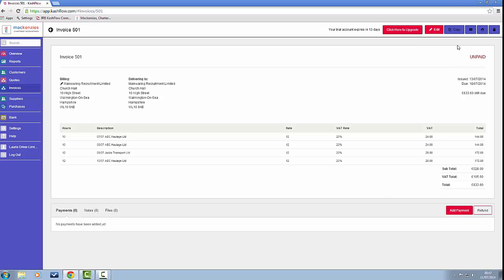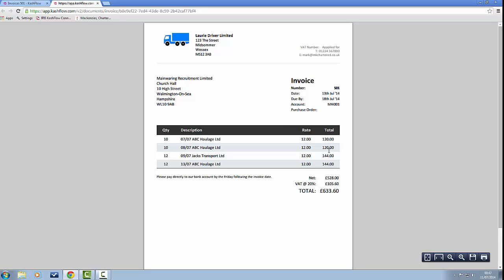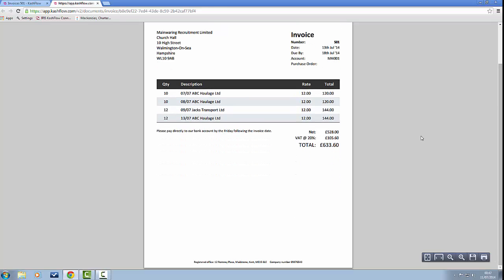So these buttons are in the top right hand corner. Be careful of the one on the very extreme right, that's the delete button. We don't want to press that. We want to take first of all a printed copy for our records. So click the print icon and it will give you a PDF which you can now print